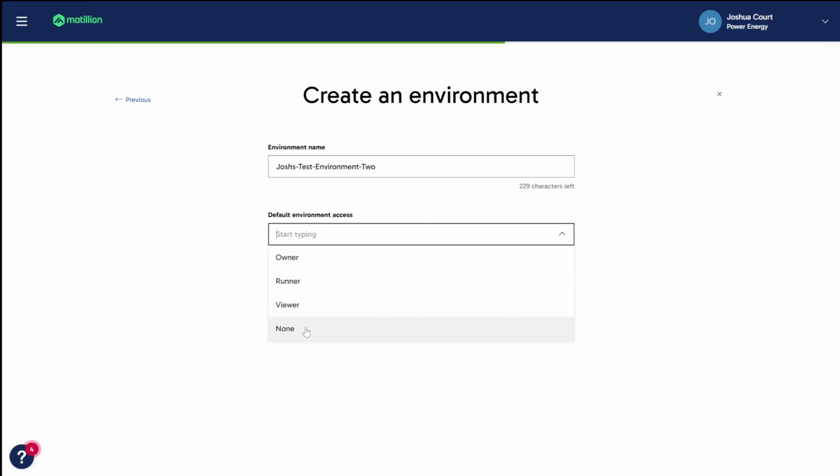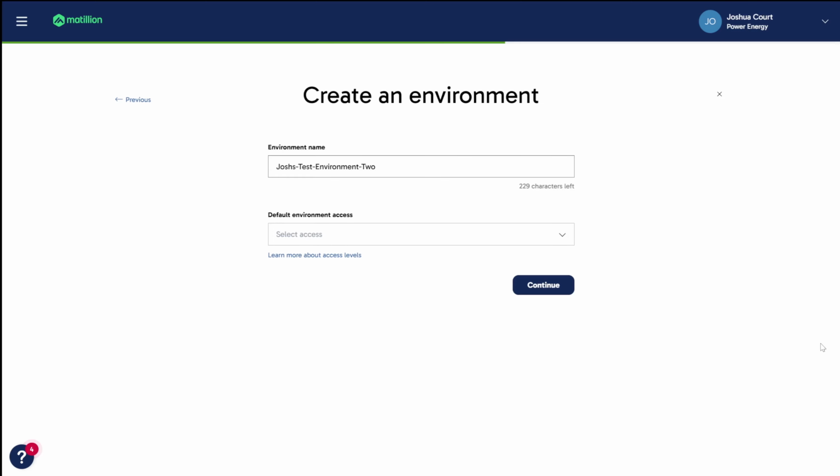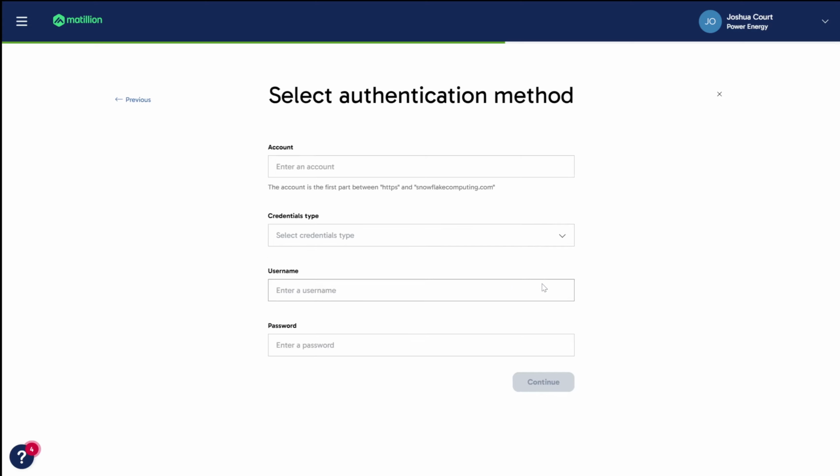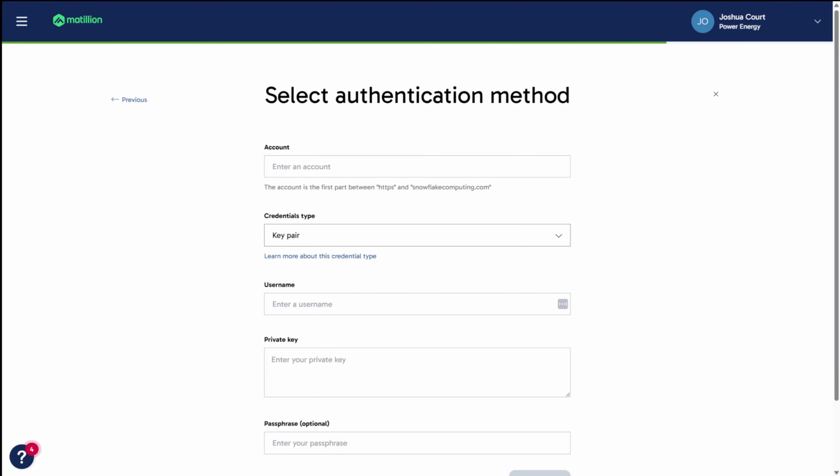This access level applies to all current and future users who join a project, until a user with the appropriate project permissions edits a user's access level. If you want to learn more about access levels, then click the highlighted text below this property to access the documentation. For now, I will select Owner and click Continue.